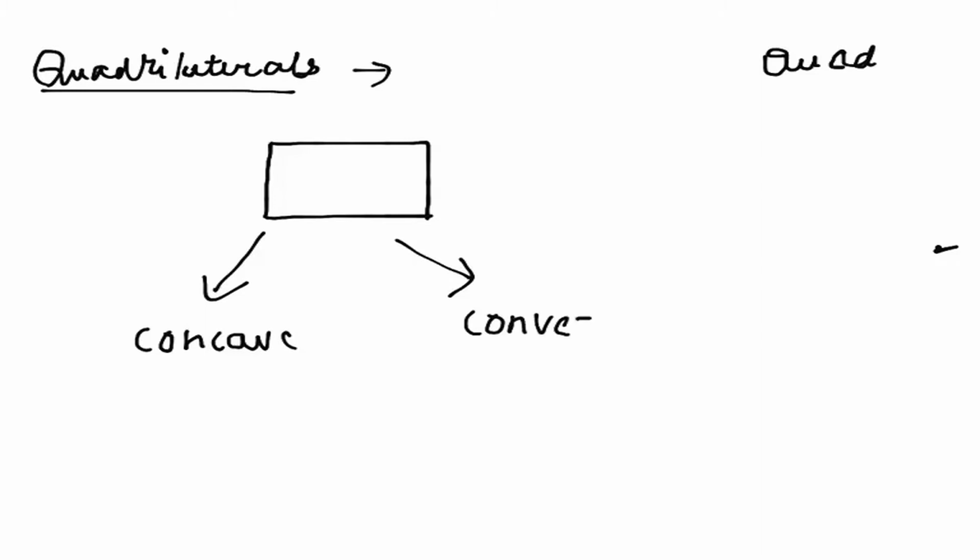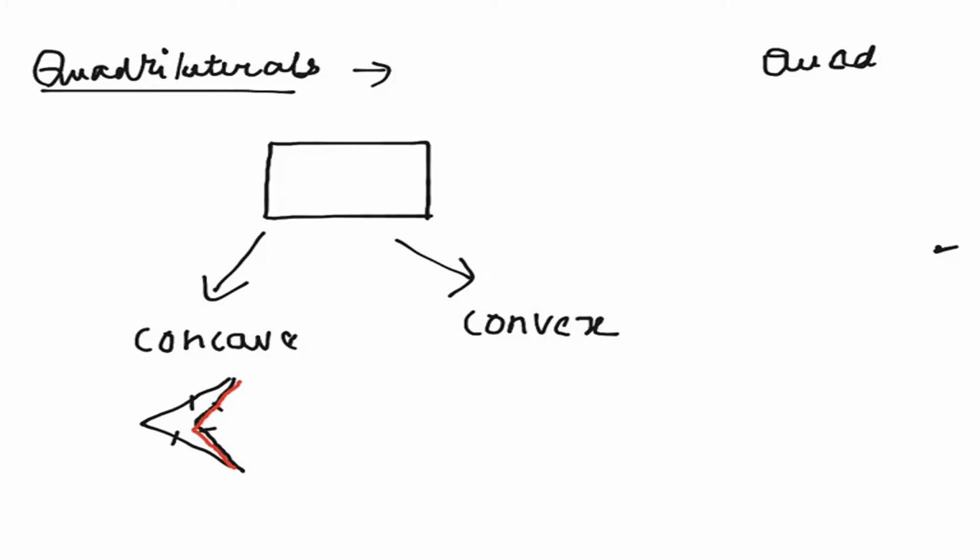We will see the different terms including the quadrilateral. First of all, we will know what we mean by the different types of this quadrilateral, convex and concave. So by concave quadrilateral, we mean a figure that has something concaved in, that is this thing. This figure has four sides, 1, 2, 3, 4, right? But there is something like this that is concaved in. This type of figure is known as concave quadrilateral.